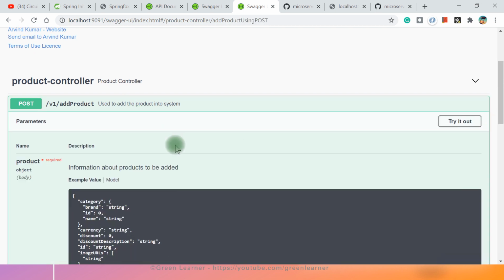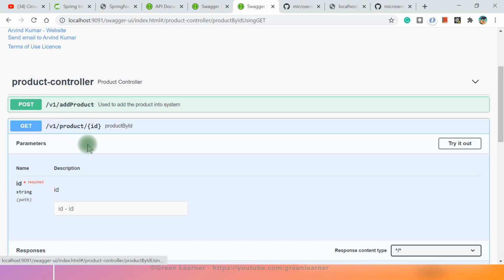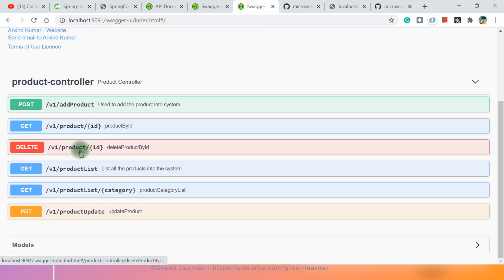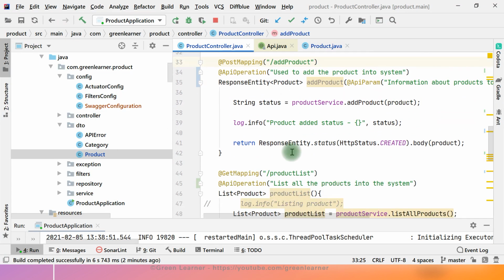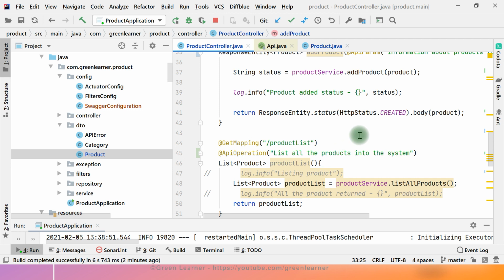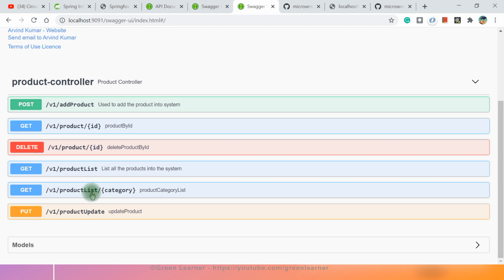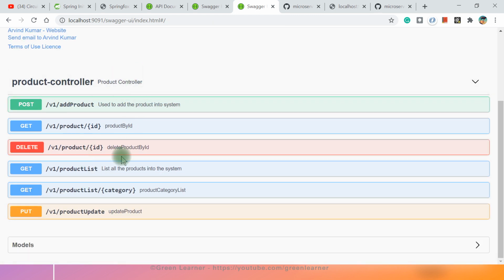So coming down here, this product information about products to be added, we are seeing this information as well, what this is all about. Okay. And if I see the get part here, under get we did not add anything. Delete product, where we added. After that, list and category, under category we have added something. So category, and what this category is all about, category of the products to be listed. Okay, we are seeing it here, but the product controller we are not seeing here.